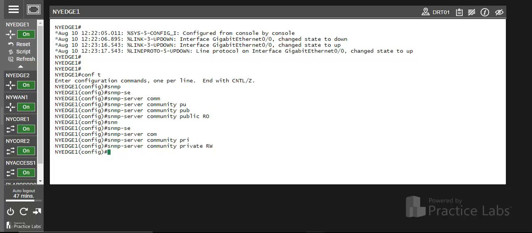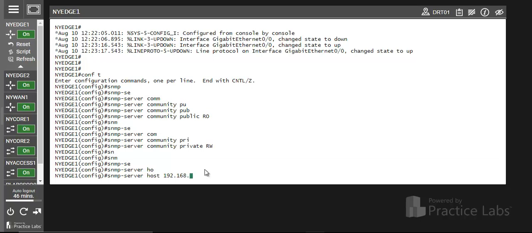Now we will configure SNMP traps. For that the command is as follows: snmp-server host, followed by the IP address of the device to which traps are to be sent. It can be any IP of the device.